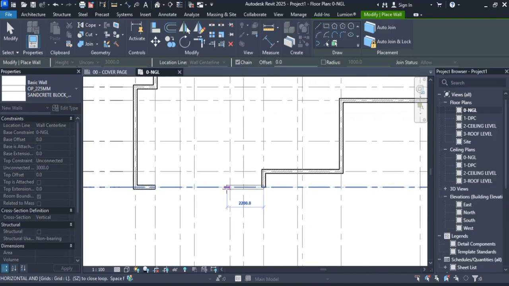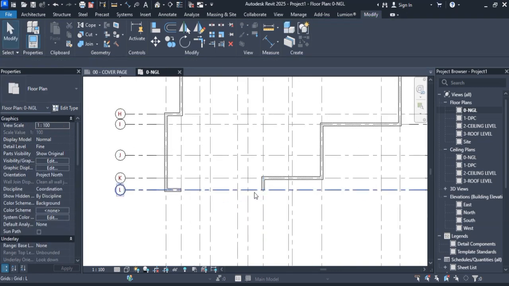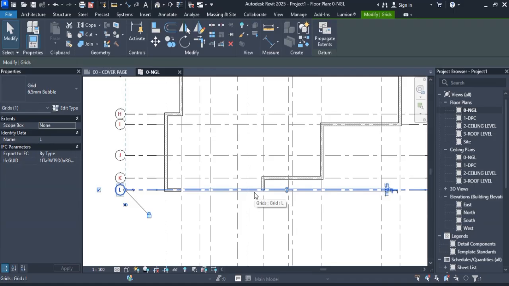Okay, as you can see, I'm missing one particular grid, and that grid is actually really important to me. So I'm going to click on this grid, and I'm going to determine where that grid is. That's grid